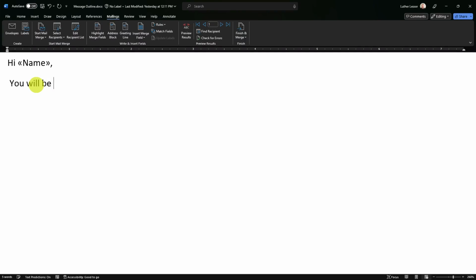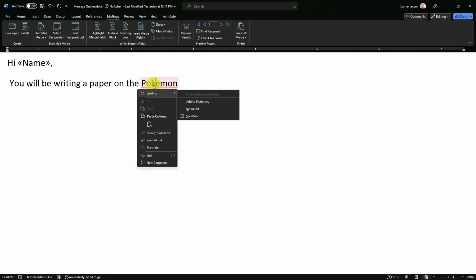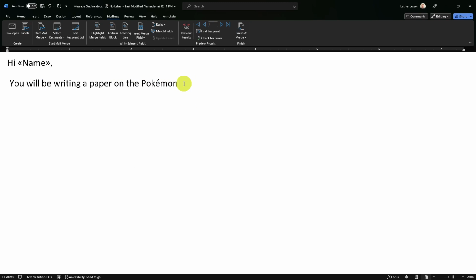You will be writing a paper on the Pokemon. Ooh, is it going to give me the tilde? It is. And then I'm going to tell them what Pokemon they're doing their assignment around. And so I'm going to come back up here, insert a merge field.